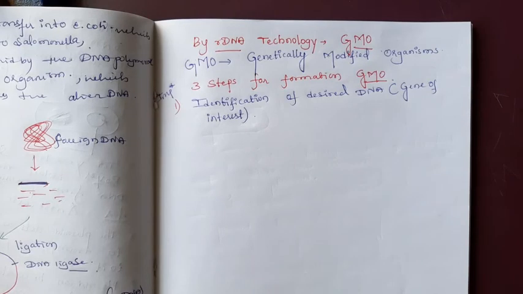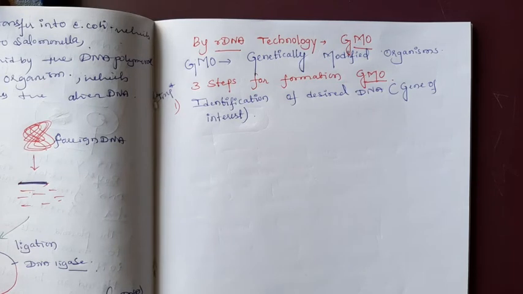You already know that in human beings, in the haploid genome there are 25,000 genes present. Like that in plants and animals, there may be at least 15 lakh genes. In that number of genes we have to isolate a particular gene. Particularly we have to isolate a necessary or interested gene. This identification of a desired gene is not so easy, students. It is a very time consuming process. It takes too much time.